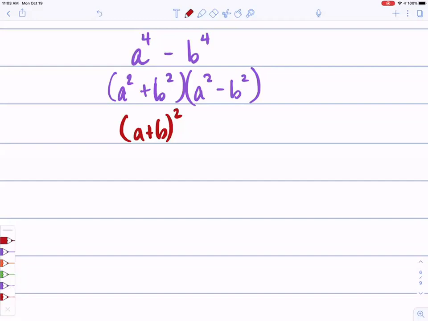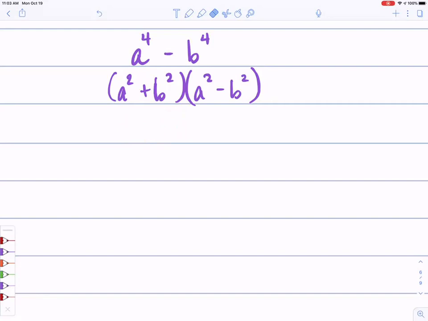Yeah, so how do I do the one in red? I would have to FOIL, which would cause a middle term, right? There would be a 2AB in the middle if I were to FOIL that red guy out. So the purple guy and the red guy, they're not the same. Okay, they're not the same. All right, so